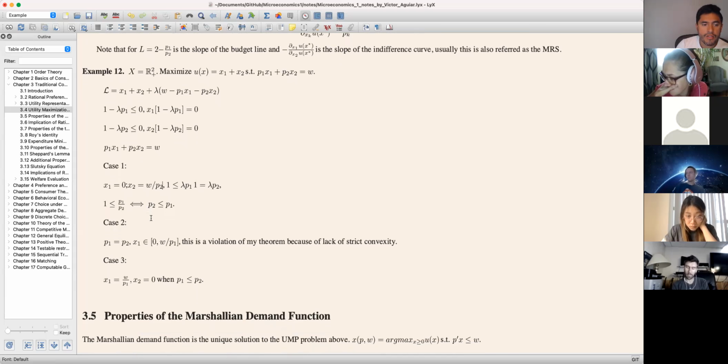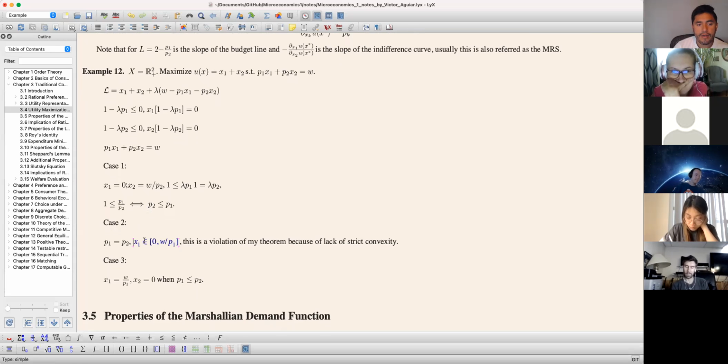So case 2, imagine now that P1 and P2 are exactly equal, right? If that's the case, then it turns out that x1 can be actually anything. So how do I know it? Basically, with P1 equal to P2, I can take any x1 in the interval 0 to W divided by P1, and I can verify